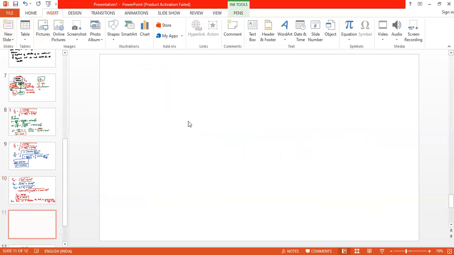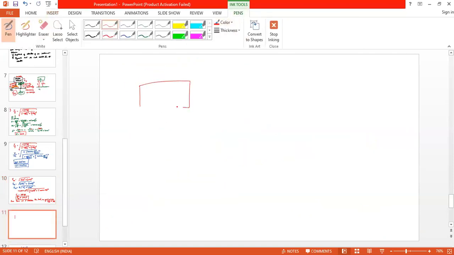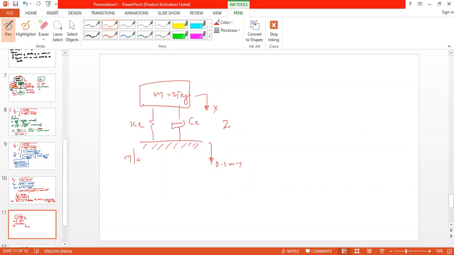So what is the meaning? Meaning is here there is a mass of 25 kg which is supported on 5 sets of isolators and it is placed on a machine. This is K equivalent and this is C equivalent. So if the support is vibrated at 0.1 mm, then the mass will also vibrate. So that is X. And the relative displacement Z is 0.1126 into 10 power minus 3 meters.